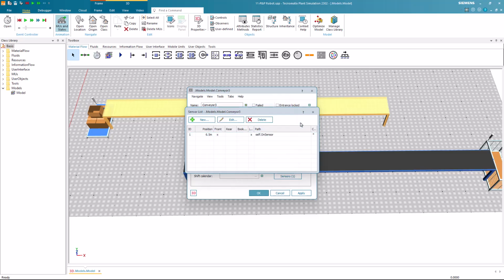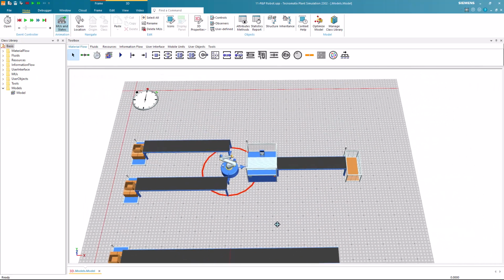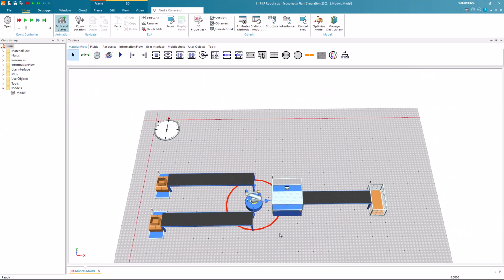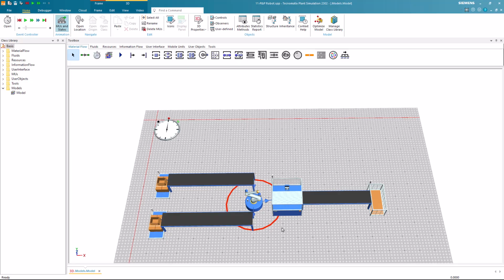Now we want to demonstrate the exit strategies of the robot. Therefore, we switch back to the first model. We first reset the times table, then we copy and paste the station, the conveyor and the drain. Instead of selecting the objects separately, we can also just drag the mouse over the objects. In this way, the connectors will also be selected, and you do not have to select them separately.